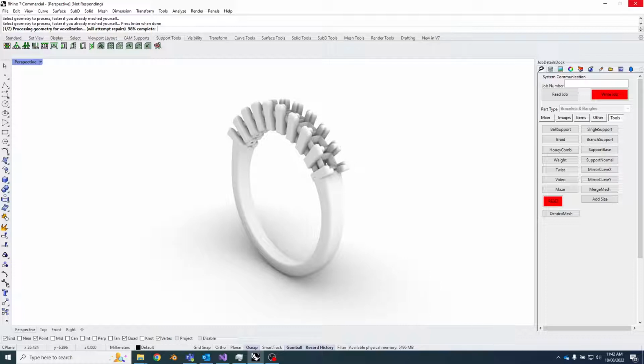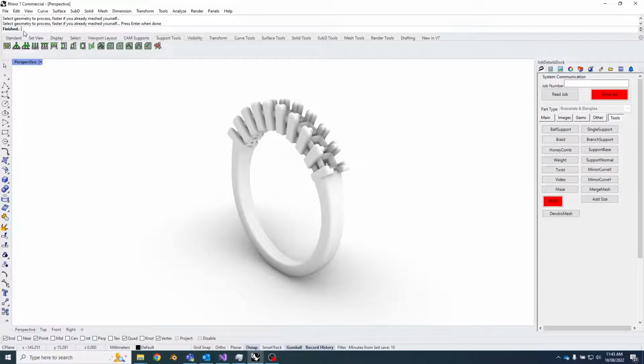And once Dendro Mesh starts, you'll also see the voxelizing process expressed as a percent. Just give that a second to complete. Now remember, I'm doing this on a tiny little laptop and I'm recording at the same time as I'm trying to run this. But on your guys' powerful CAM machines, this should run really fast. When it's done, it will spit out a mesh onto the screen, and then you're done. All right, so give it a second to dump the mesh in there,